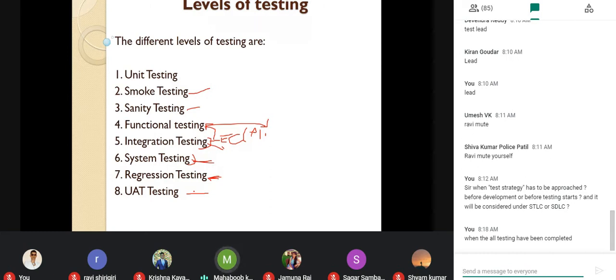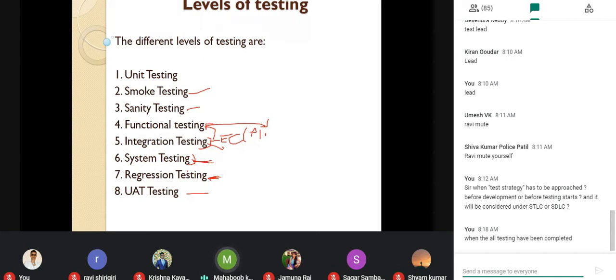You need to specify the regression testing. When you say regression, all the above should be passed, so specify the level. When you start the regression testing, all the above should be passed. That is called entry criteria.